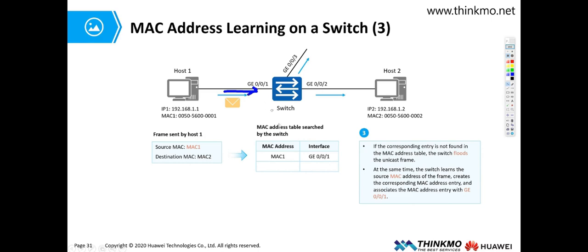First, it will fill in the MAC address table here, saying, oh, I already know that the MAC address corresponding to port 001 is MAC1. Then, it will proceed to flood. In other words, it will copy and send a copy from the remaining interfaces because it is an unknown unicast frame. Since our MAC address table doesn't have it,